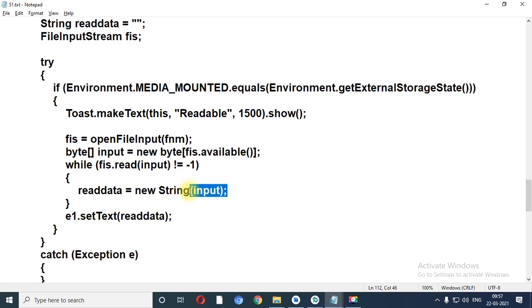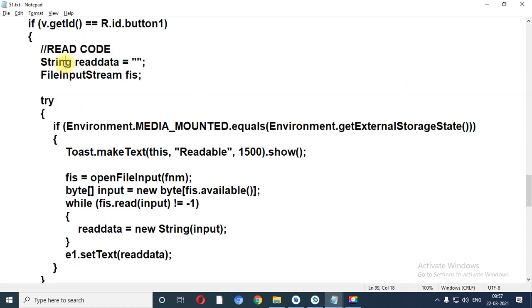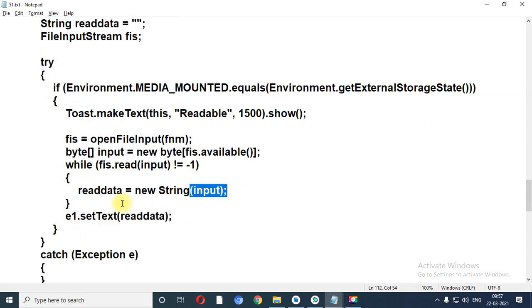So you need to convert it into a string and store it into read data. Read data is a string variable, so you need to convert byte into string. Now that data is displayed inside the edit text. So E1.setText, which data do I want to display? Read data. So you will get the data on the edit text.